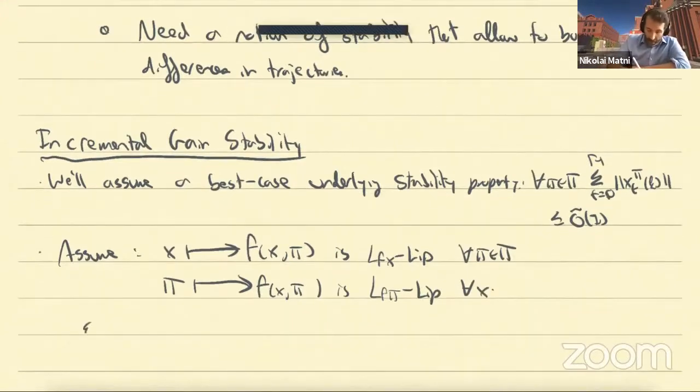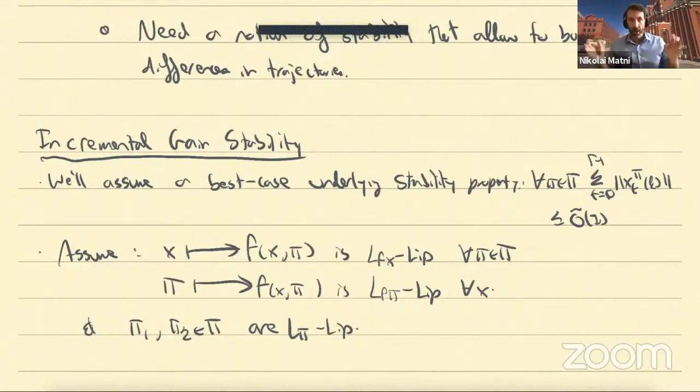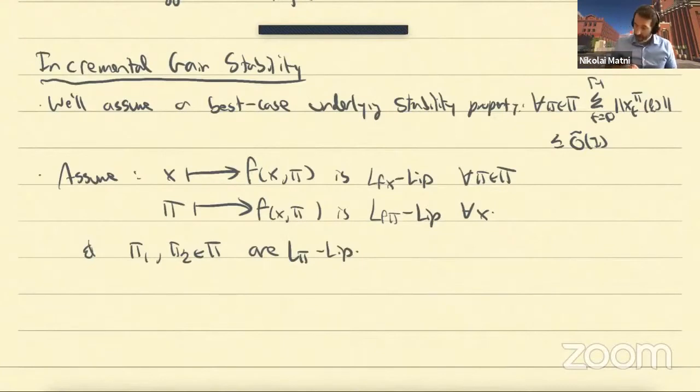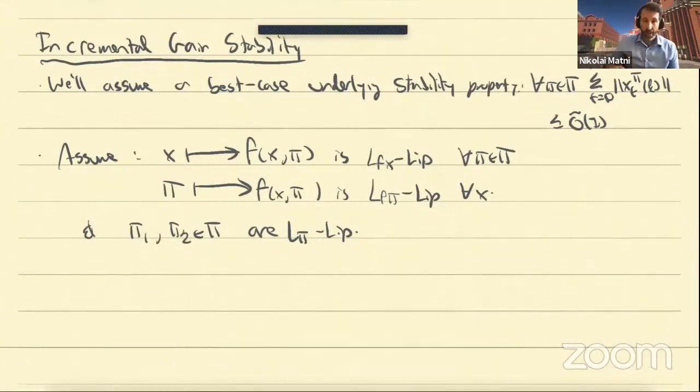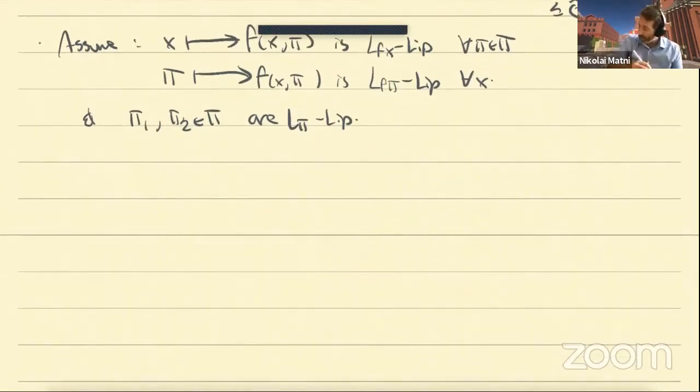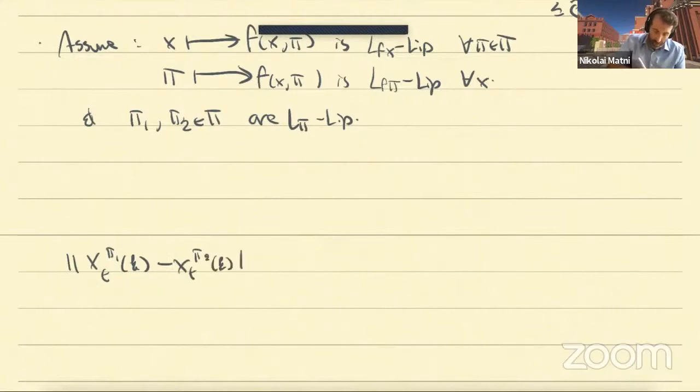And also that pi 1 and pi 2 in pi are L pi Lipschitz in their argument x. Okay, so we're just going to assume that everything is well behaved. So I'll spare you the algebraic exercise of what this implies, but what you can show is that you end up with x_t of pi 1 of c minus x_t of pi 2 of c. We can upper bound this by,